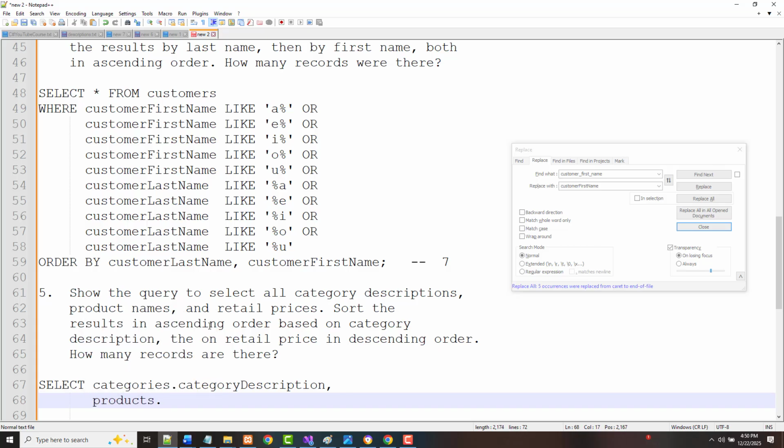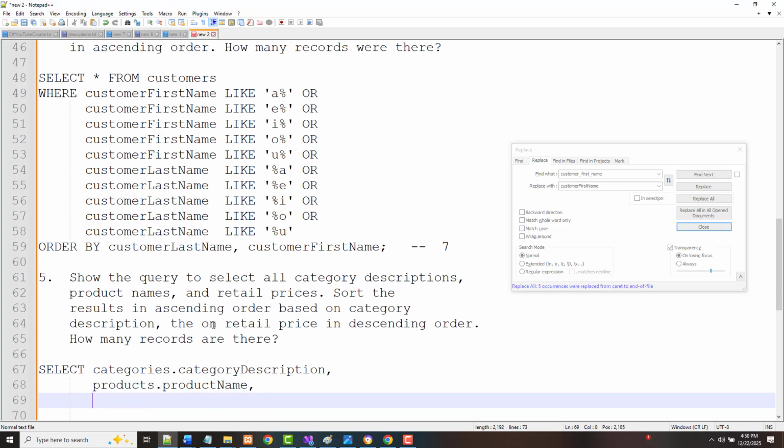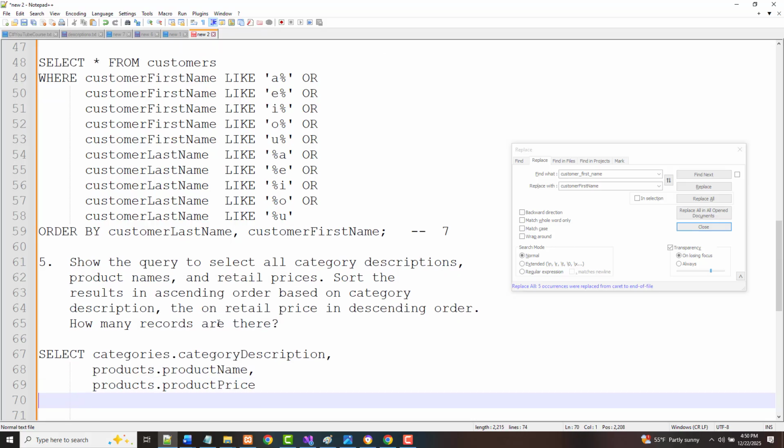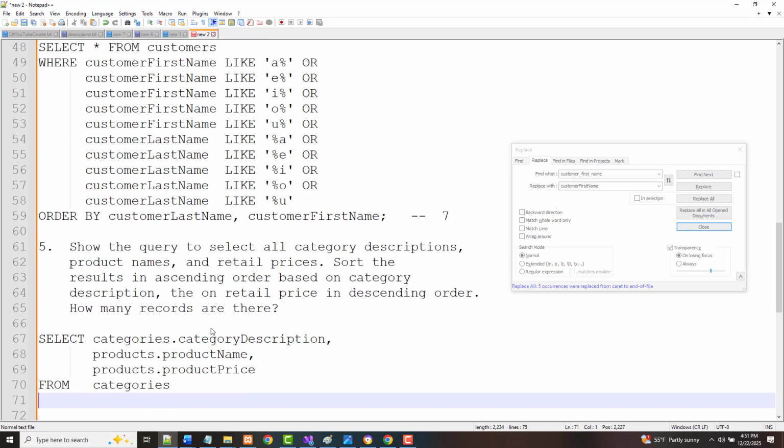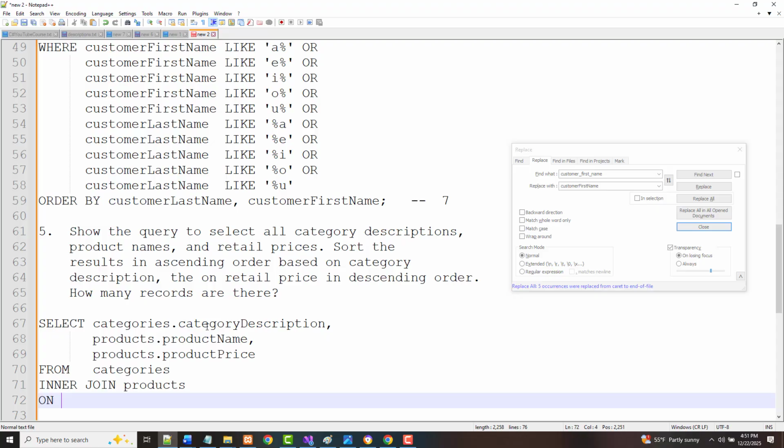Products dot product name. Oops. Products dot product price. From categories, inner join, products on